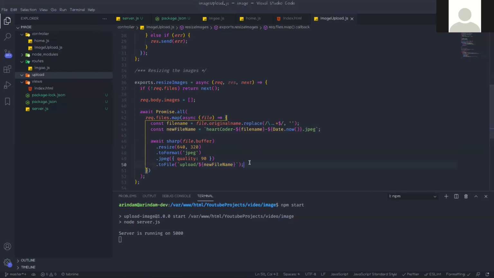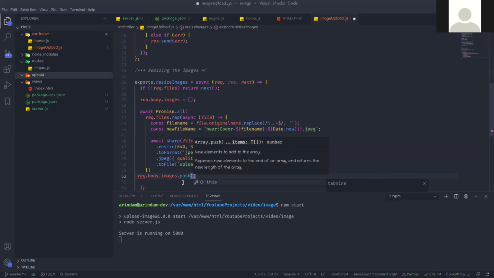Another thing we need to do: when all things are done, we push that new file name into this array. Why am I pushing it into this array? Because when our upload is done, after that we will send those file names to the front end, so the user, or you, can understand that my files are uploaded, fine, the project is working.